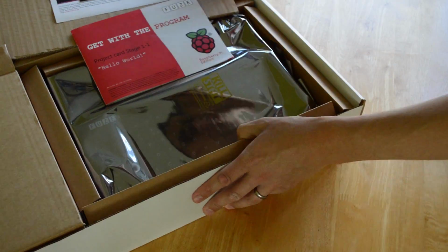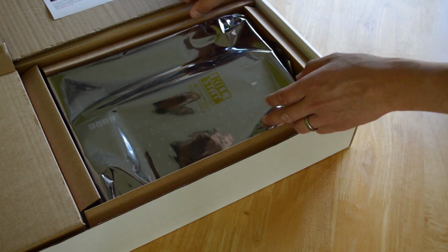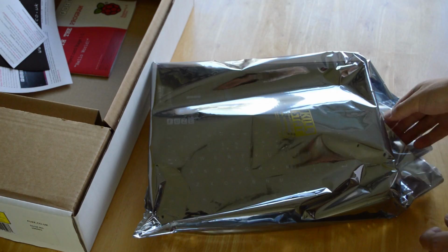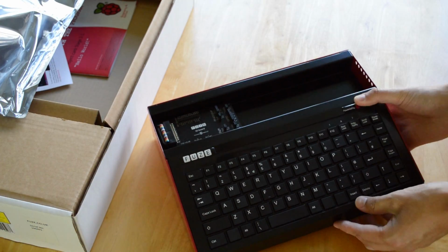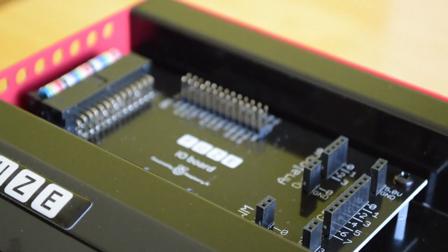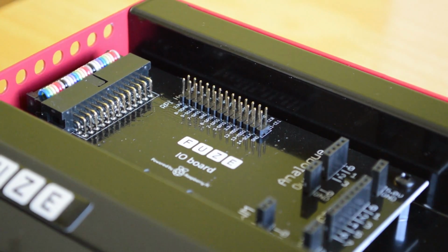Brilliant, job done. So we have the actual Raspberry Pi case and computer workstation in the main packet. It is made out of metal, so it's really quite a robust case. As you can see, it's really quite big, and the reason why it's quite big is because it has the keyboard built directly into the case itself. It says it's powered by a Raspberry Pi. It has a Pi inside. And we also have this lovely breakout board that allows us easy access to the Pi's GPIO, and that is